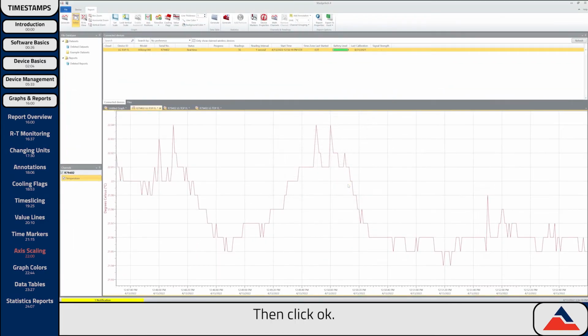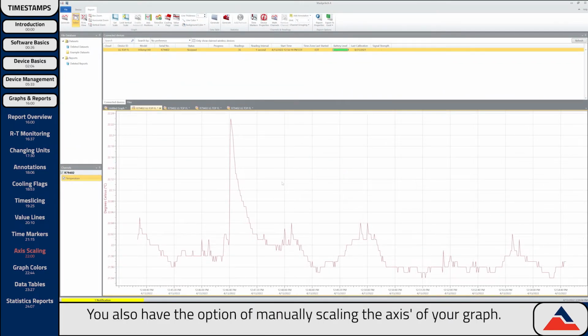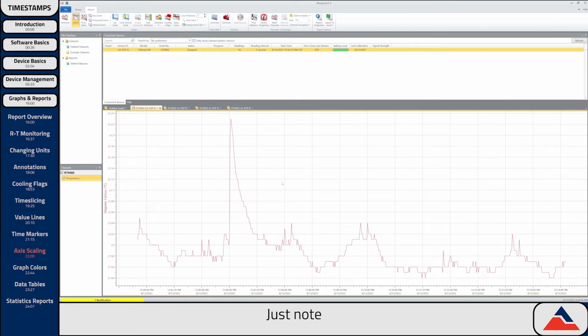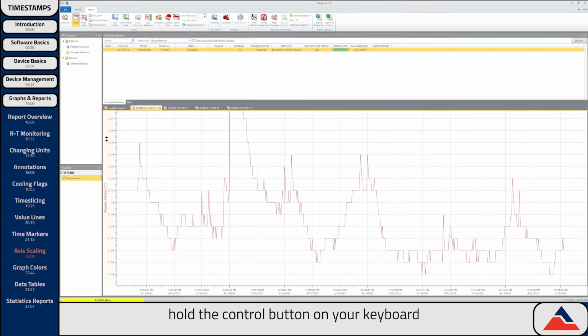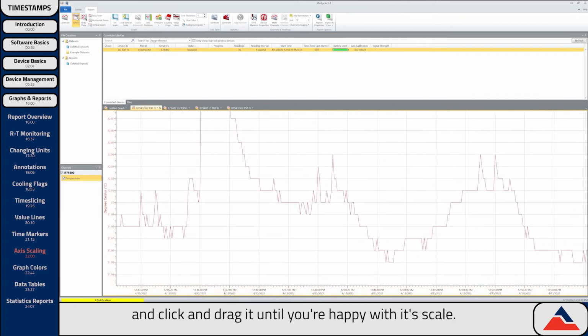Then click OK. You also have the option of manually scaling the axes of your graph. Just note that this scaling will not translate if you export the data to an Excel document. To do this, hover over either axis, hold the Control button on your keyboard, and click and drag until you're